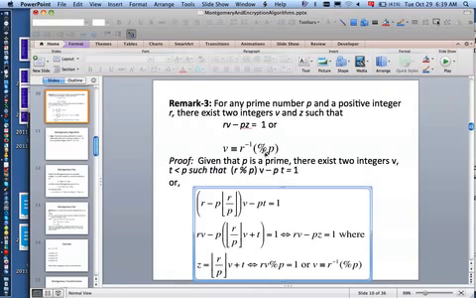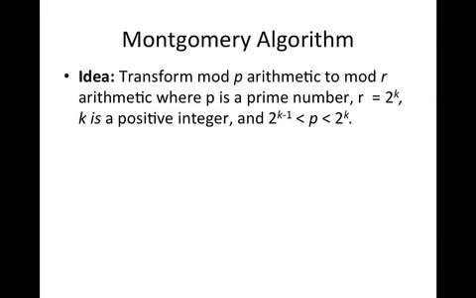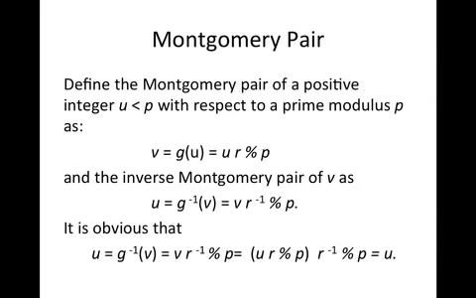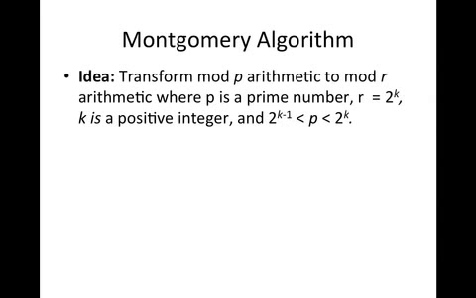mod p. So to recap, if I pick any r really, and then pick a prime, then r is always invertible with respect to mod p, and that gives us this number r inverse, which we call in this case v, because that's what the formula indicates here. So now that I've done that, what I'd like to show you is that we could use this fact to make this transformation that Montgomery